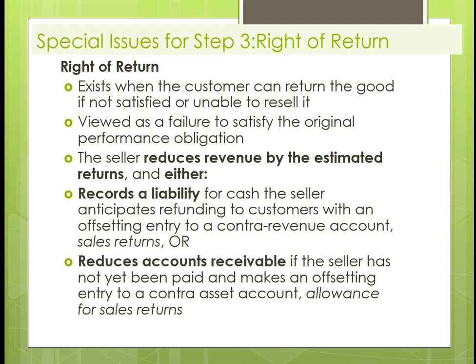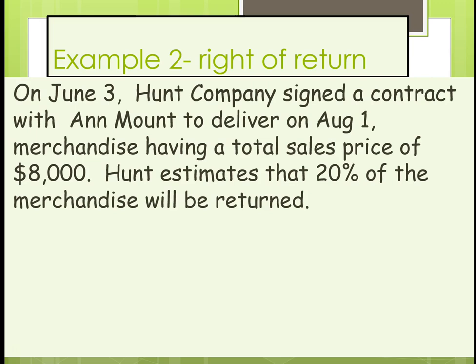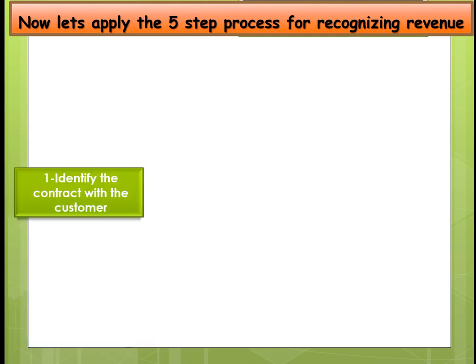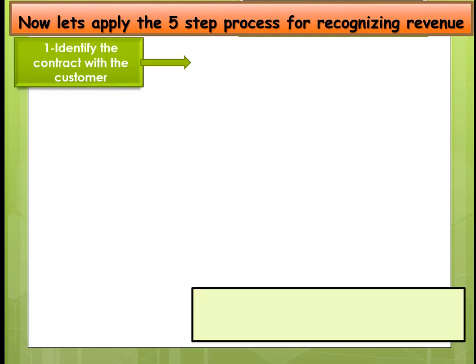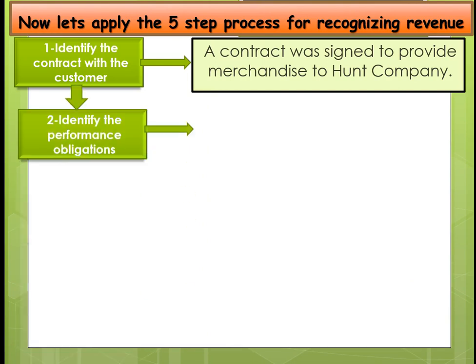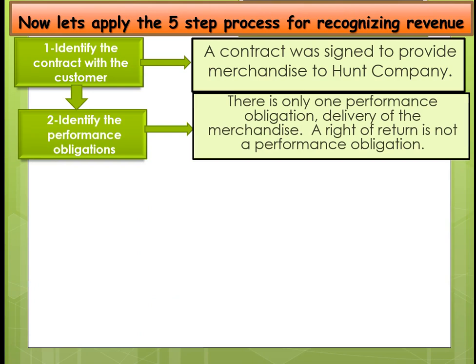So now let's look at our example. In this case, we're estimating, based on our history, that we have returns of 20%. So we're going to walk through our 5-step process. First, identify the contract. It was signed to provide merchandise. Performance obligations. We have only one, but we have to adjust for